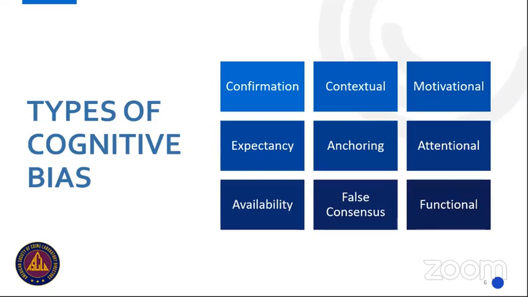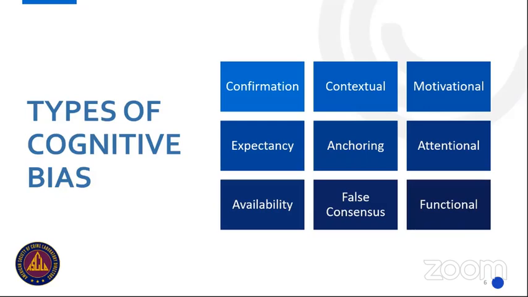We have the attentional bias. This is the tendency to pay attention to some things while simultaneously ignoring others. Availability bias. This is placing greater value on information that comes to your mind quickly. So those thoughts that we initially have, we put too much weight on those initial thoughts. False consensus includes the tendency to overestimate how much other people agree with you. So like when we're going through our verification and technical and administrative review process.